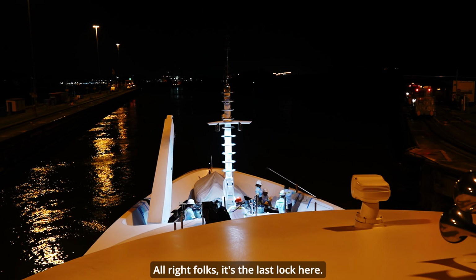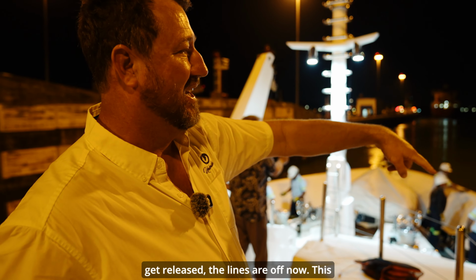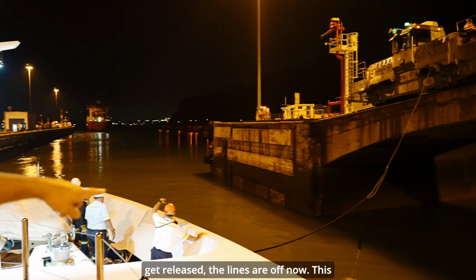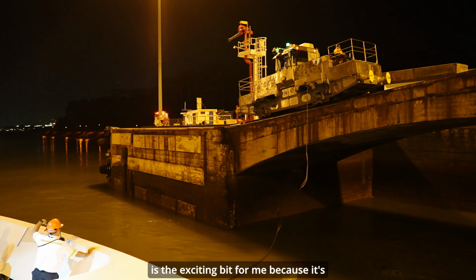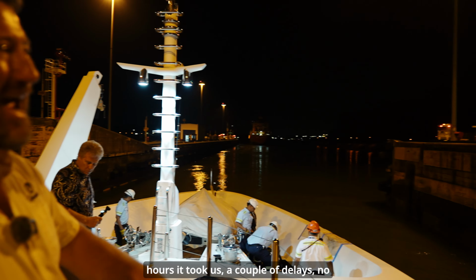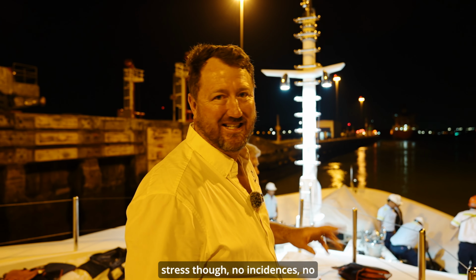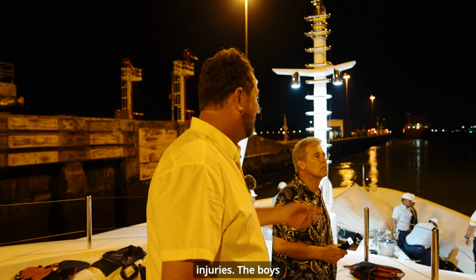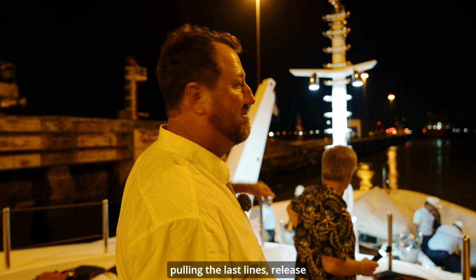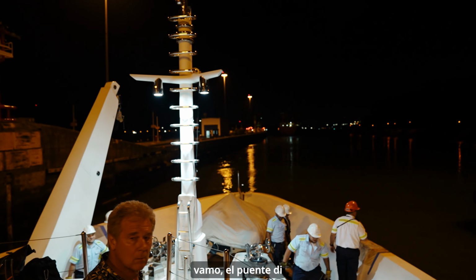All right, folks, it's the last lock here. These are the last locks. We come down, we get released. The lines are off now. This is the exciting bit for me because it's like, thank you, Panama Canal. I think 10 hours it took us, a couple of delays, no stress though, no incidents, no injuries. The boys pull in the last lines, release the port at the end of the lock, and then vamos,